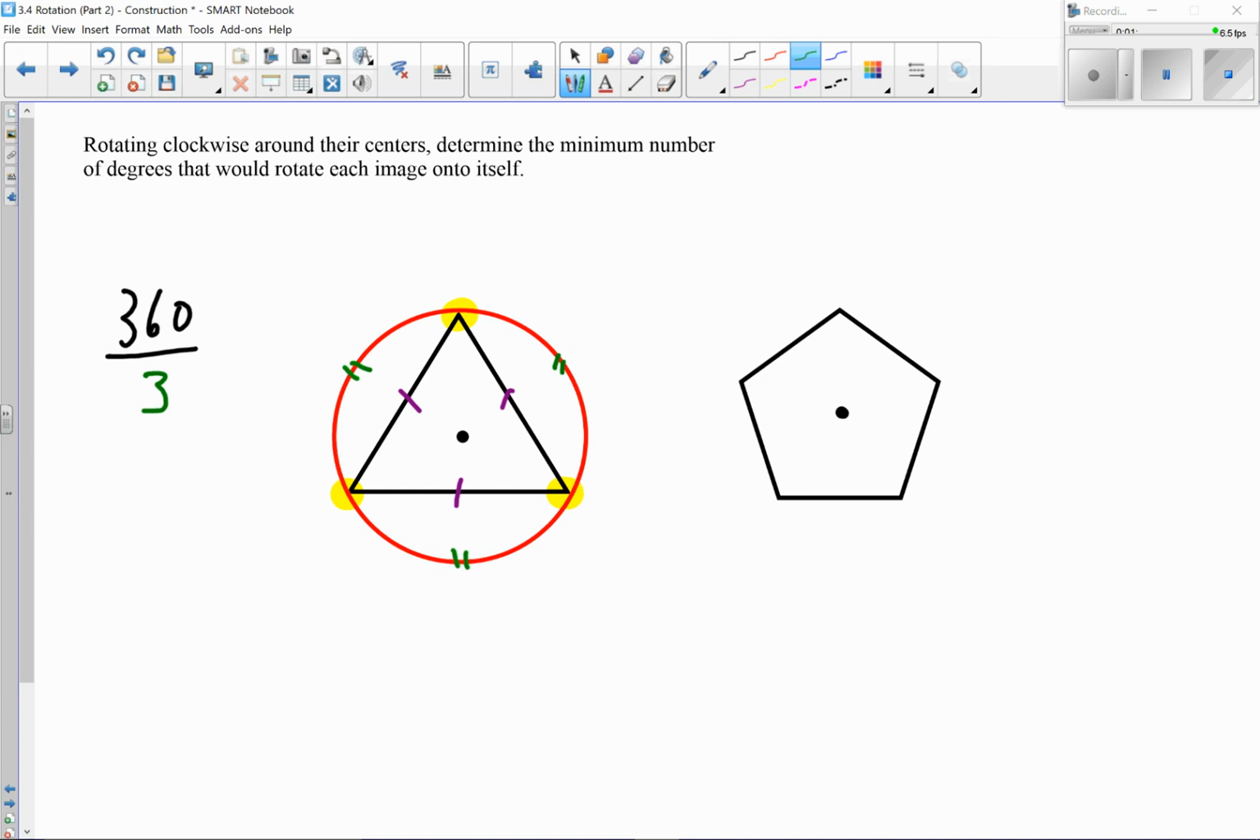That works when we have a regular polygon. So what is a regular polygon? A regular polygon is when all of the sides and the angles are equal in measure. So in this case, we're dealing with a regular triangle, which we call an equilateral triangle. So 360 divided by 3 gives me 120 degrees. So every time I take this